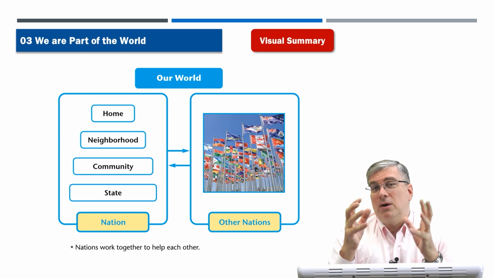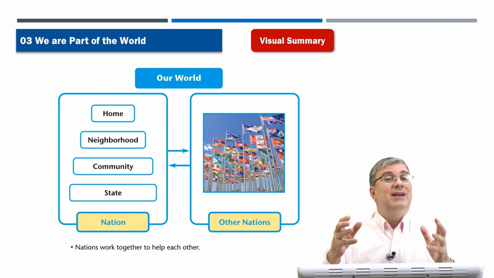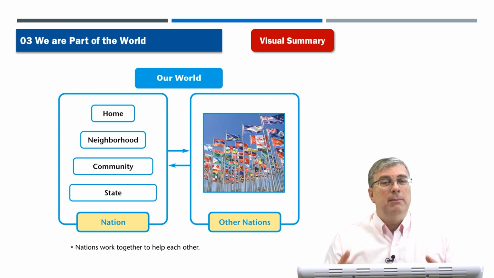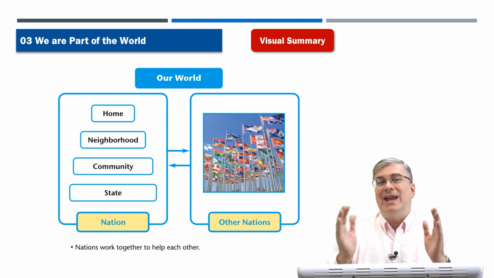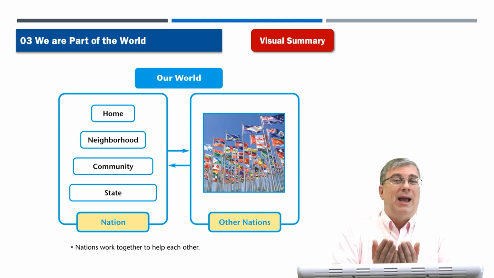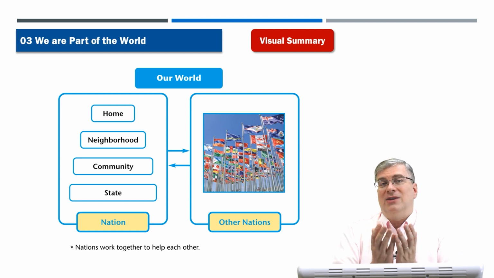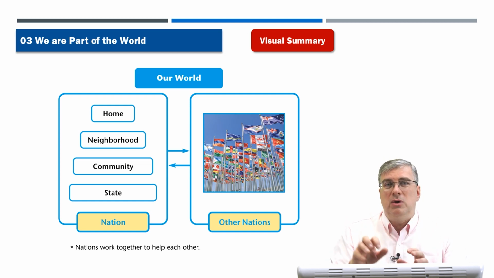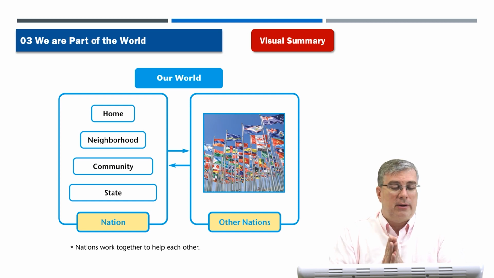Then if we get bigger from that, think about your neighborhood. Think about the families who live next to you, your neighbors. Your neighbors live in your neighborhood. A neighborhood, of course, is the area around your house or apartment or wherever you're living in, right? And that is your neighborhood. It's a small community of many families living next to each other.